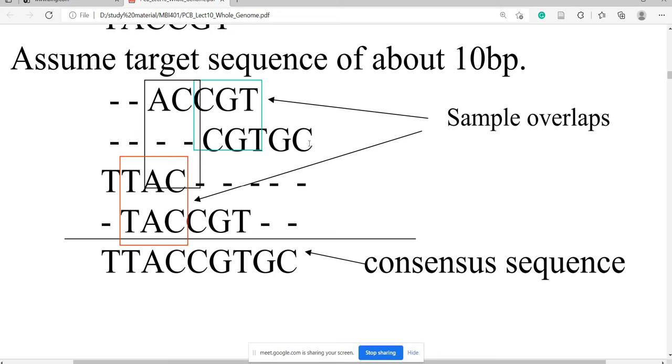So this is the new order which I have told you. Which one is the first one here? TTAC. Then second, TACCGT. The fourth one is the second one. Then the first one is the third one, and the second fragment is the fourth fragment. This is the order I am talking about.